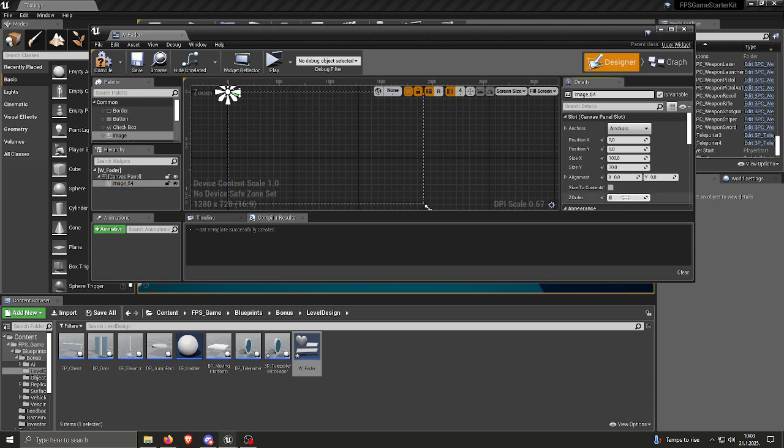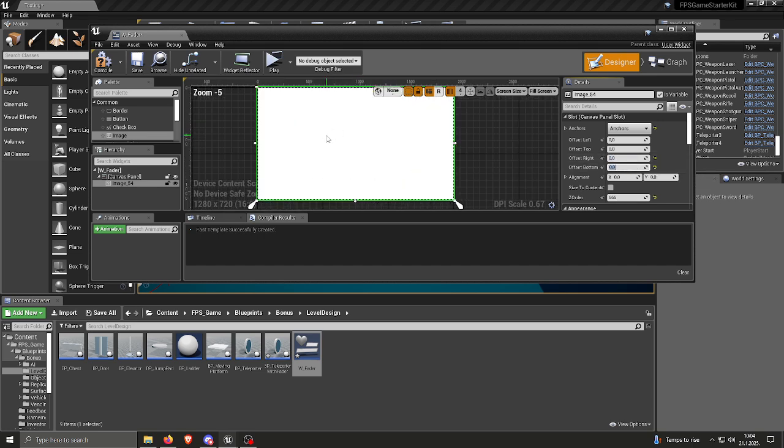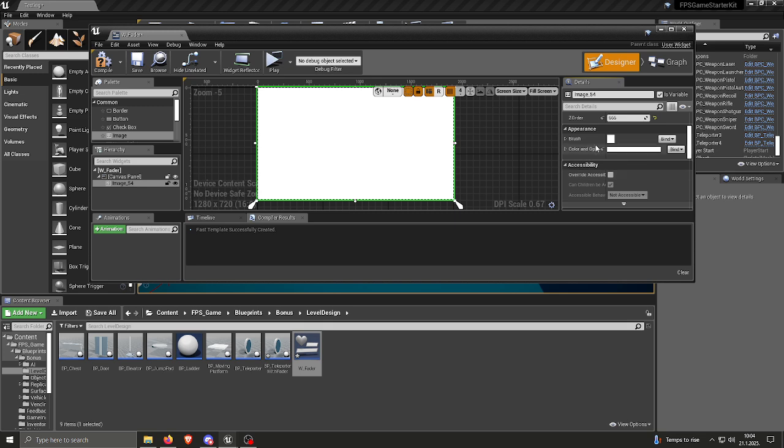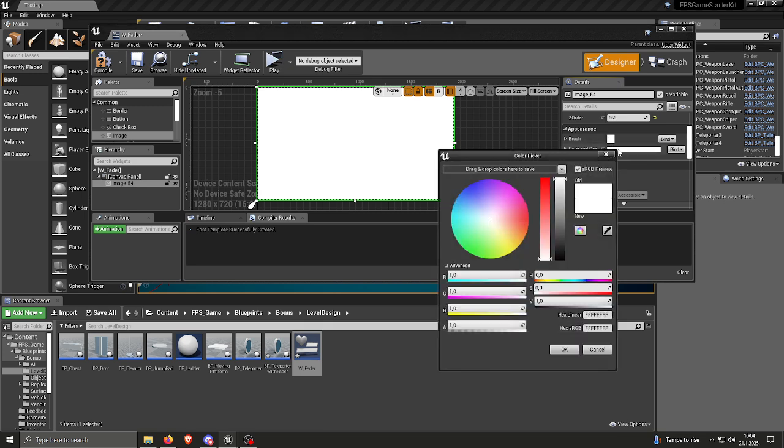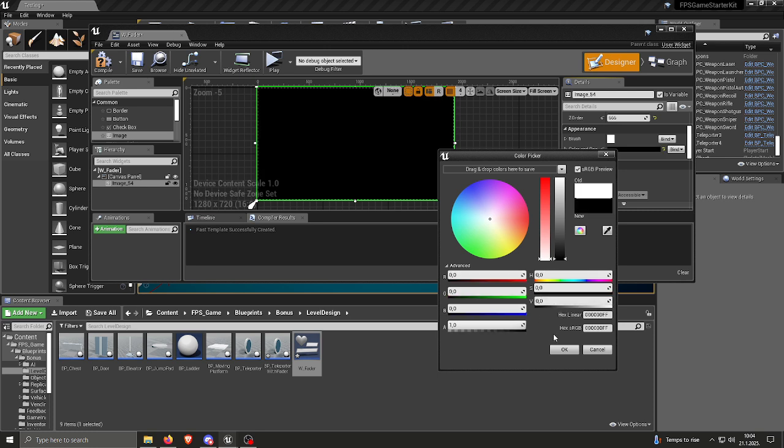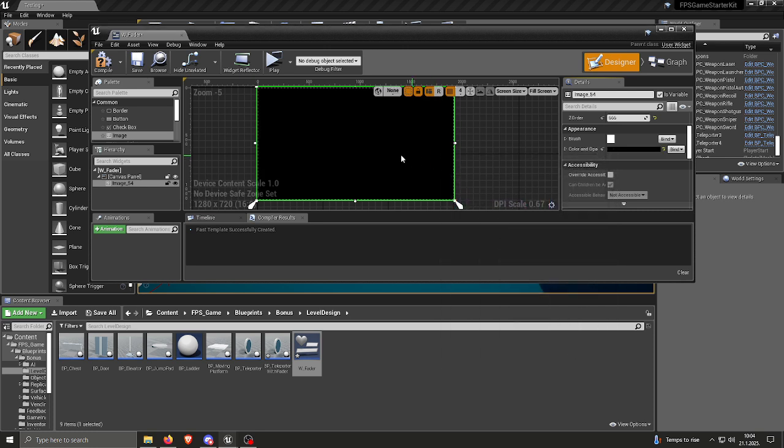and we can put the Z order to make sure it's above everything else, and stretch it out. 0, 0, 0, the hero. And we're going to put the brush color and opacity utter darkness, and